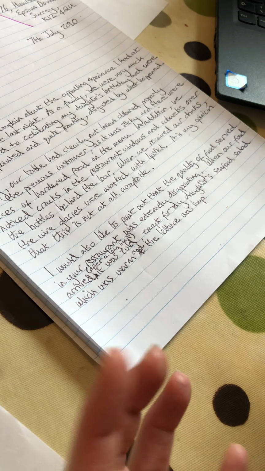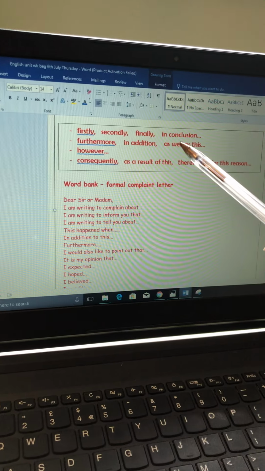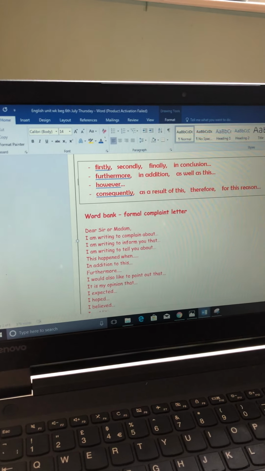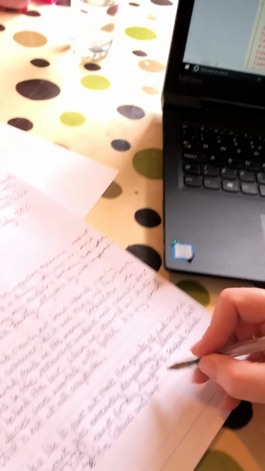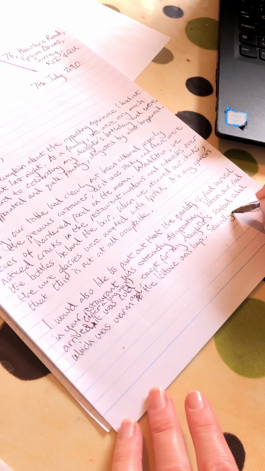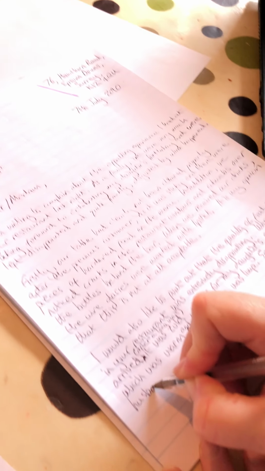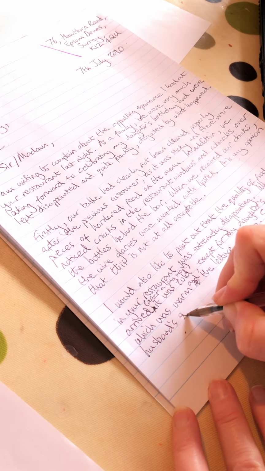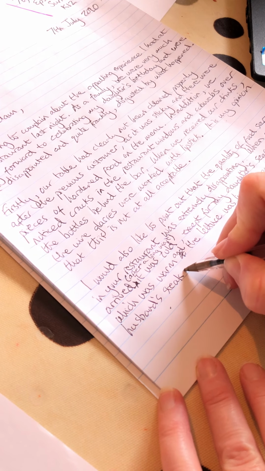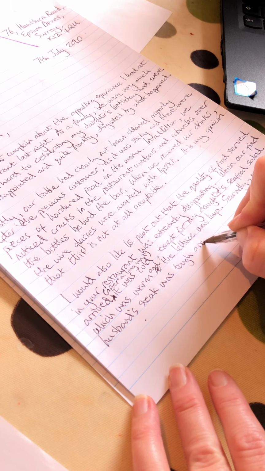I'm a bit tempted to say "gross", but that wouldn't be appropriate. That's not formal. So let's look at my conjunctions. To be honest, I think I'm going to go with "secondly", because it's the second thing that's wrong with the food. So, secondly, comma, what am I doing about the steak? My husband's steak, what was wrong with it, was tough and chewy